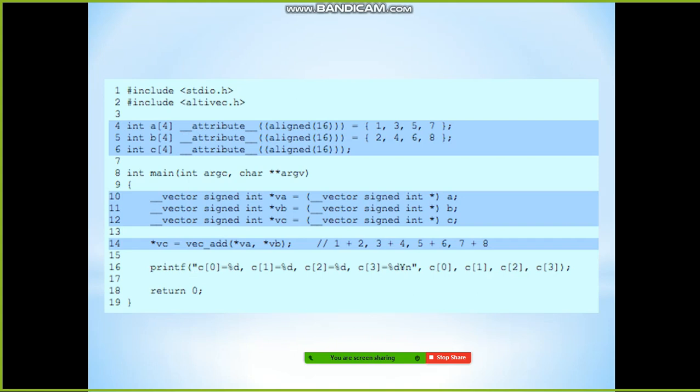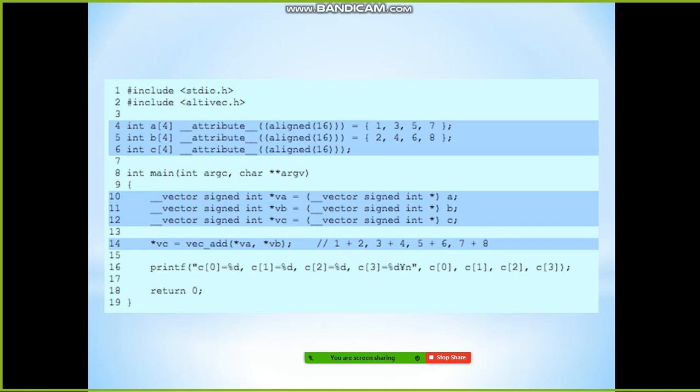In line number 2, we include the header file known as altivec.h, which is used for including the VMX instructions.